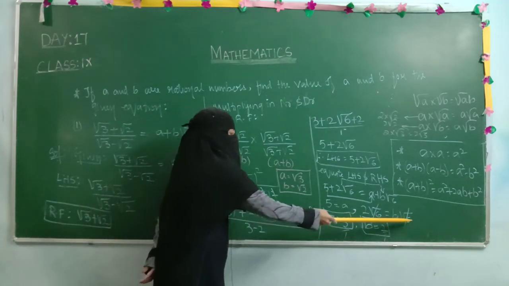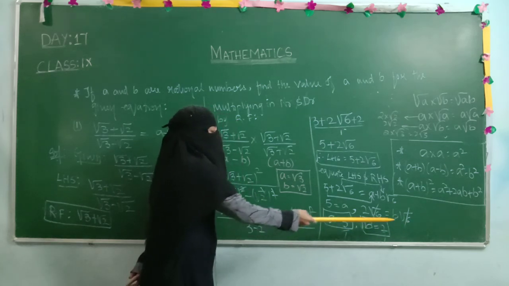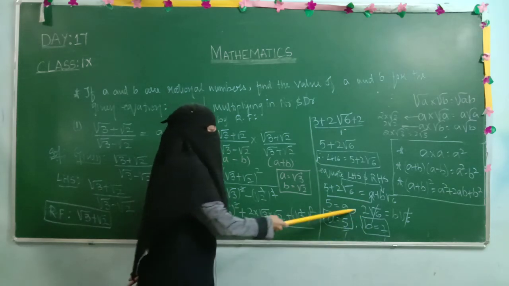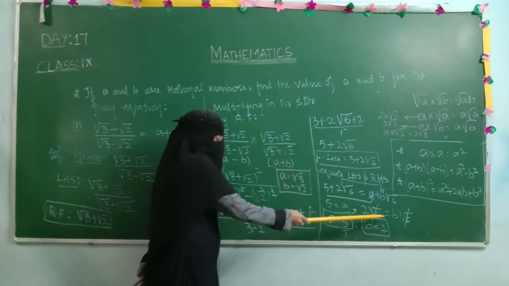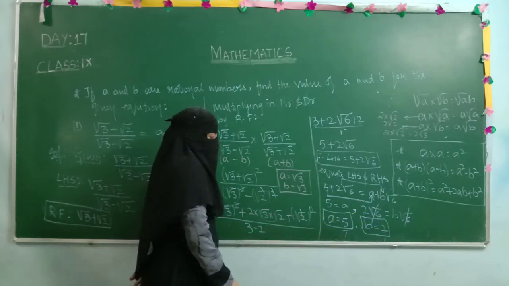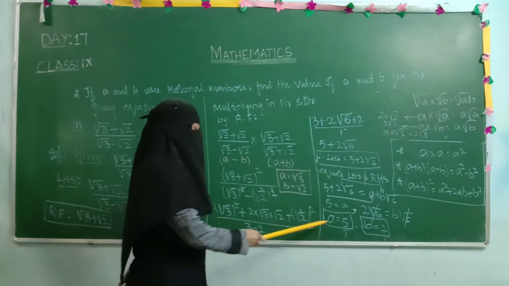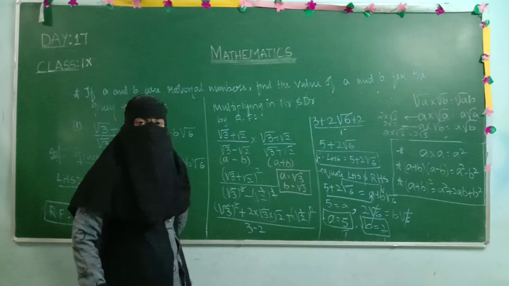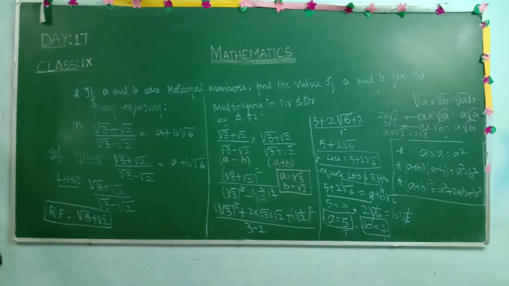So if I transpose this root 6 here, as we need to find only the b value, it will be in the division. So in numerator and denominator, root 6 both get cancelled. They got cancelled and we got 2 equals b, or we can write it as b equals 2. So ultimately we calculated the values of a and b: a equals 5, b equals 2. As the denominator of every number is 1, they are in the form of rational numbers. Because of that reason it is given in the equation that a and b are rational numbers. So we got the values of a and b.